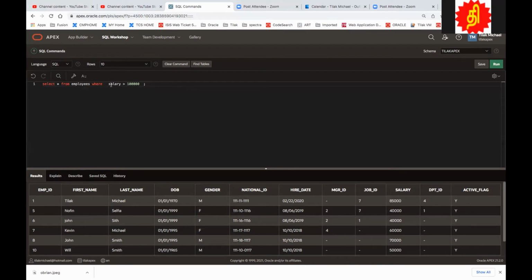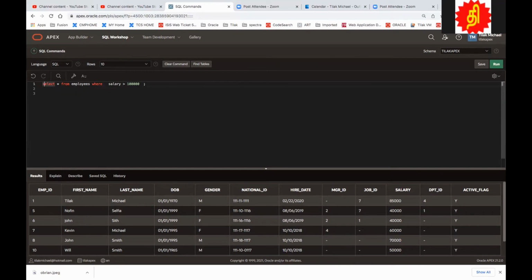Now try to understand this. There are 2 special characters. One is the percentage and the other is the underscore. The percentage says any value, and the underscore says any single character.